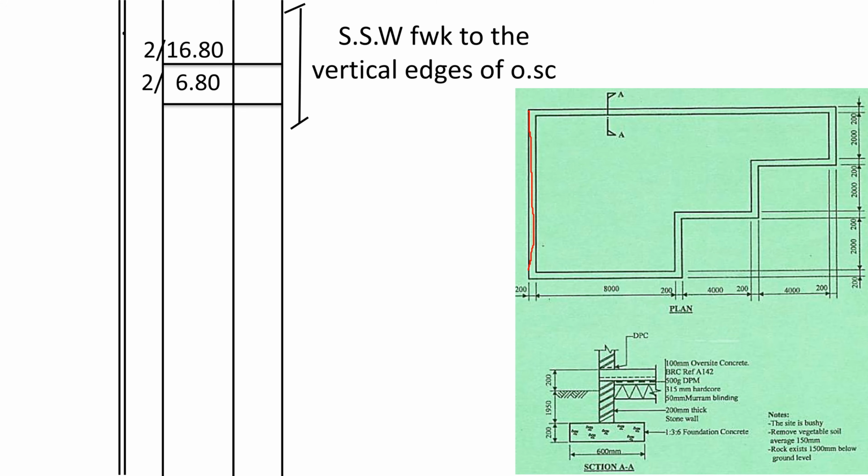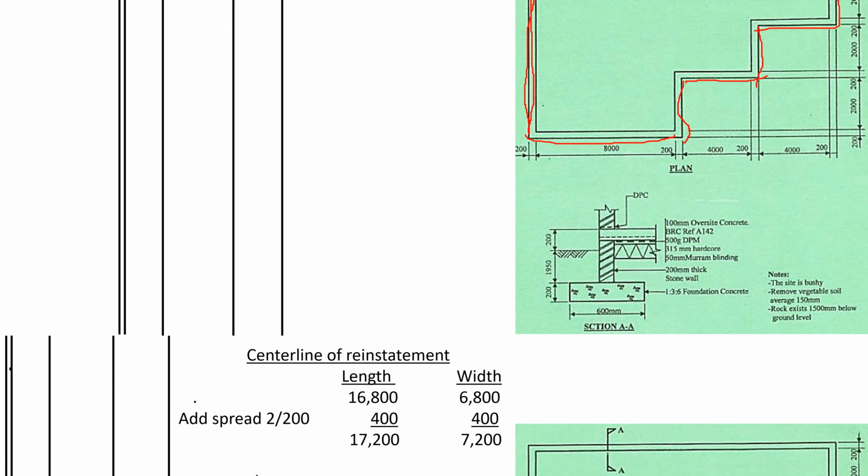You see this width, the length of this width is also equal to this one and this one and this one. That's why we are just multiplying by 2 the width. The length, this length which is long here, is equal to this one plus this one plus this one. So the length will not change. You multiply by 2. So for soil press formwork to vertical edges of oversight concrete, we shall finish with centerline